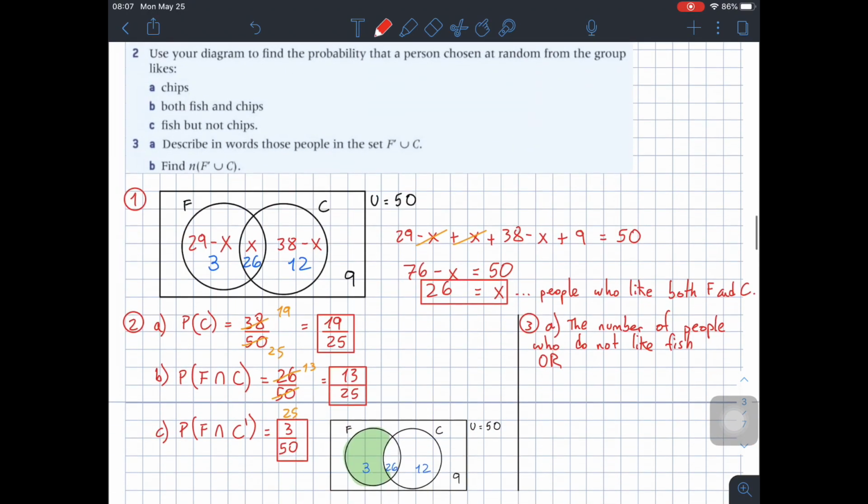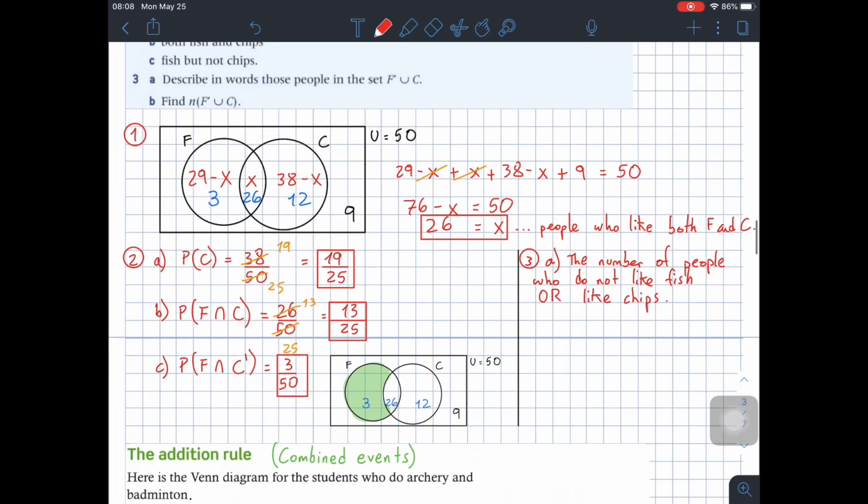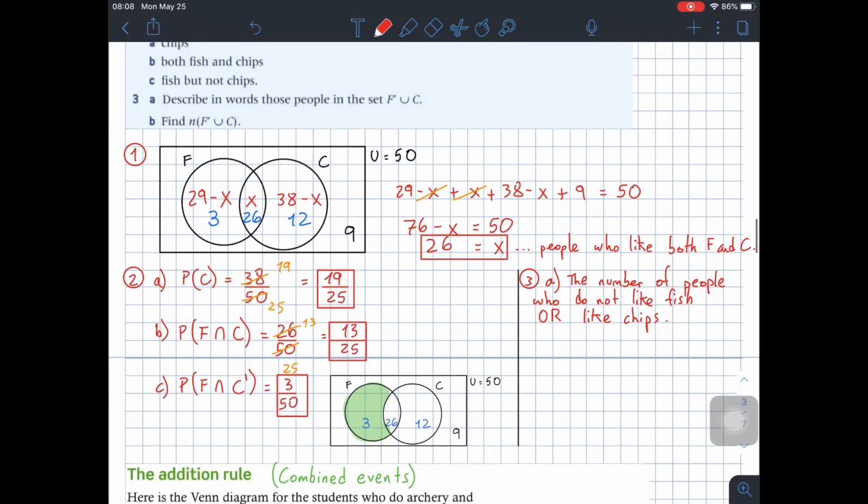Union is or. So or, that R is a little bit messy. Or like chips in this case. Okay, and part B